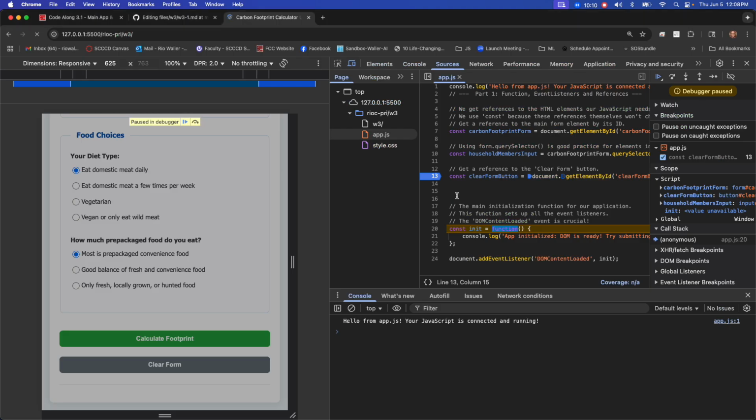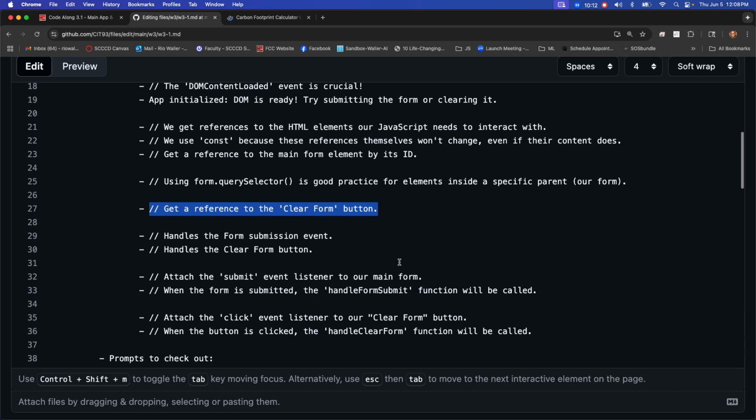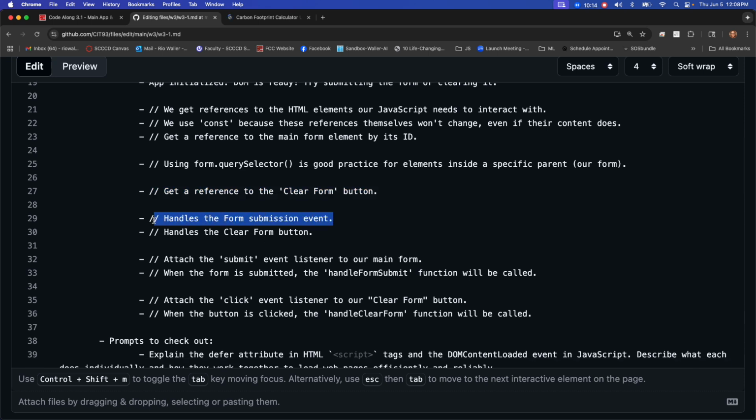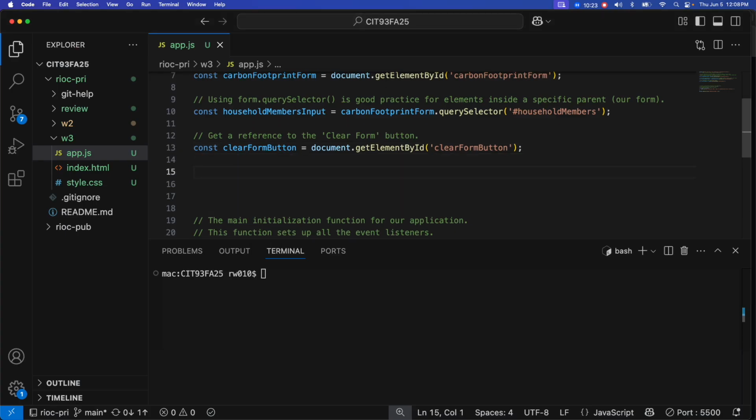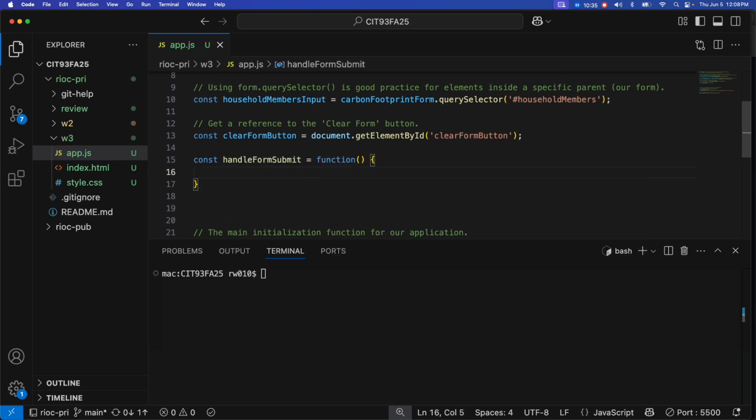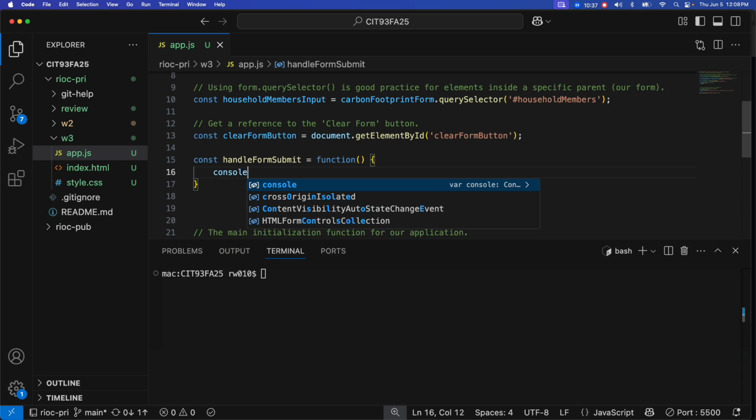Okay, so now we have our references into the HTML, which is awesome. So what are we going to do next? We're going to write a function that's going to handle the form submission, and we're just going to set it up for now. This is going to be more like our traditional functions. So we're going to say handleFormSubmit is equal to a function. For now we're just going to console.log